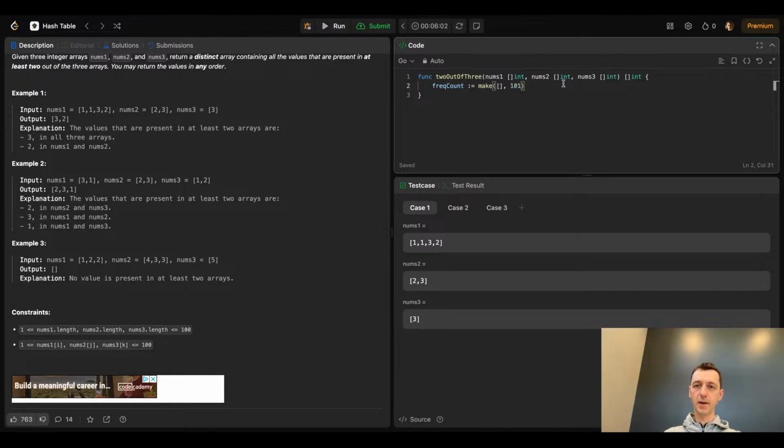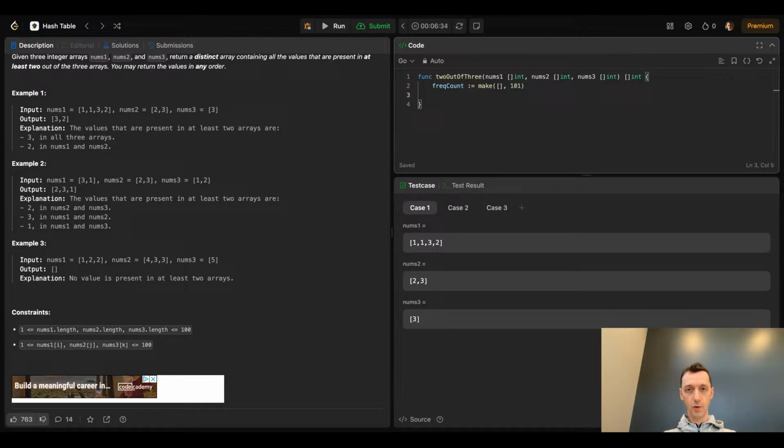But in this case, I just feel like I want to use an array, just because there's a limited number of values. But we can redo it and use a hash map instead. Anyways, what we want to do next